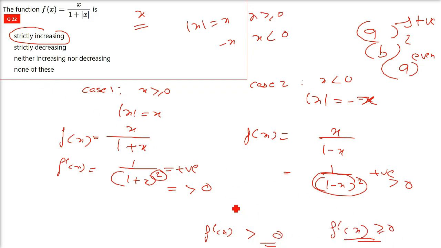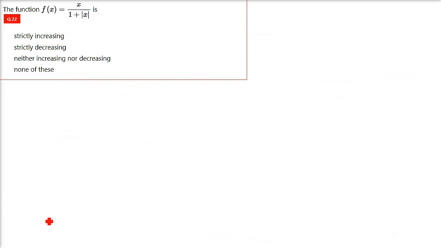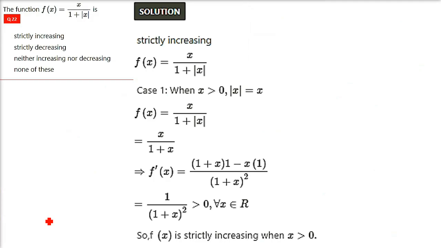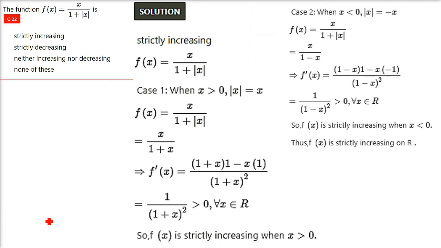Greater than 0 is strictly increasing. So the first option should be taken. Now this is the solution reference for you. You can follow this if you want to do it by yourself, and all the content which I have told you, the explanation,